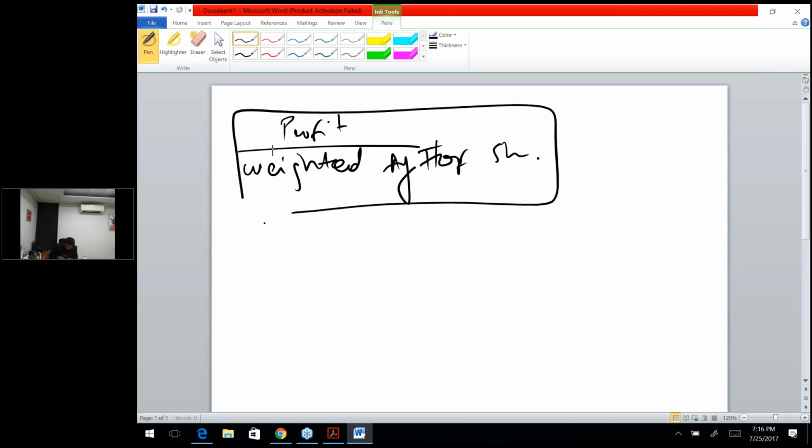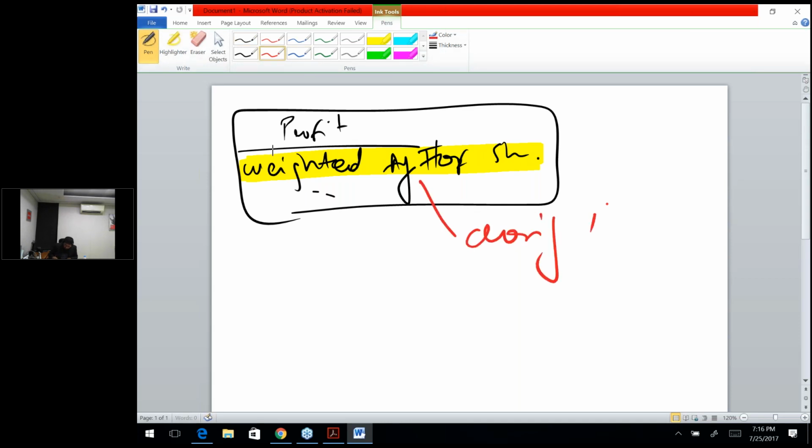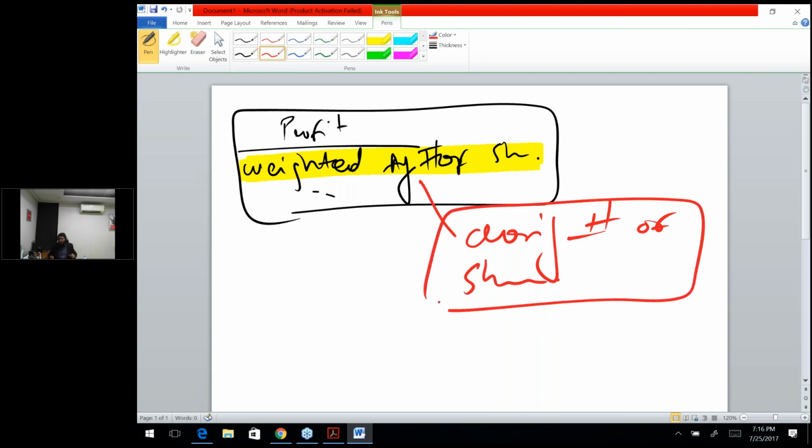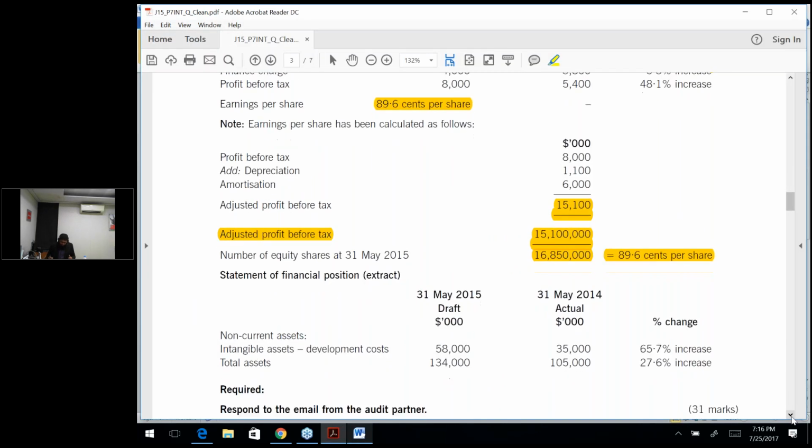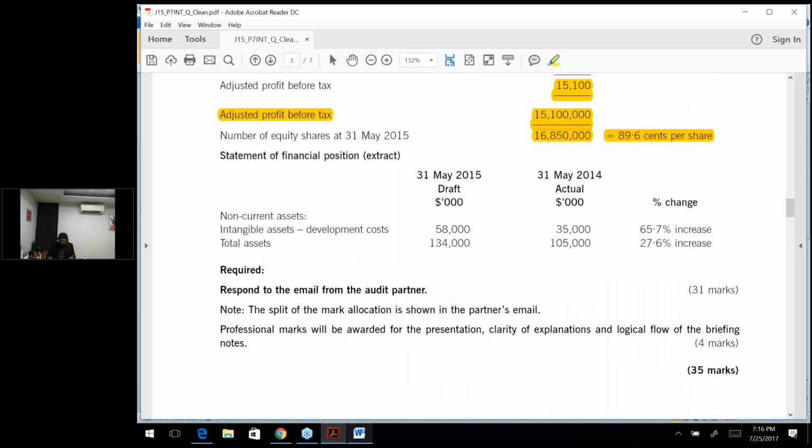So what could actually be the risk over here? The risk over here is you have not used the weighted average number of shares. The only thing that you have used is the closing number of shares. The closing number of shares are not important. You should have used the weighted average number of shares. That is also one of the problems with it, that you have not calculated it correctly. So these are the few things which could be indicating the risk associated with this specific scenario.